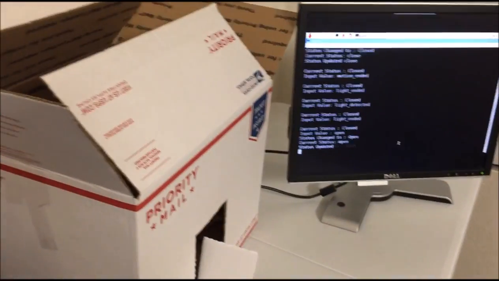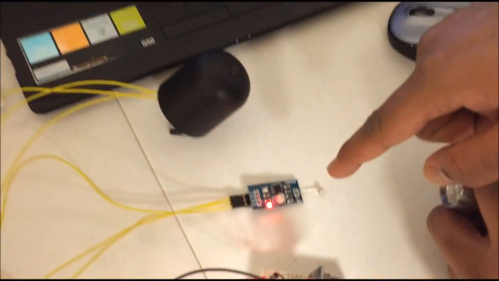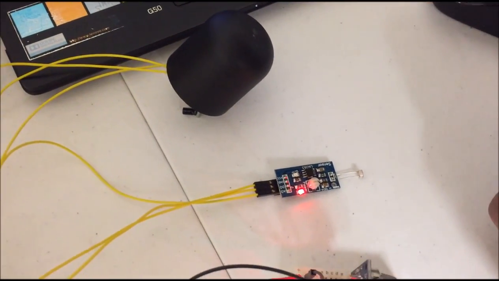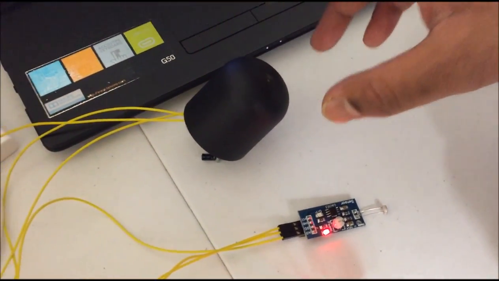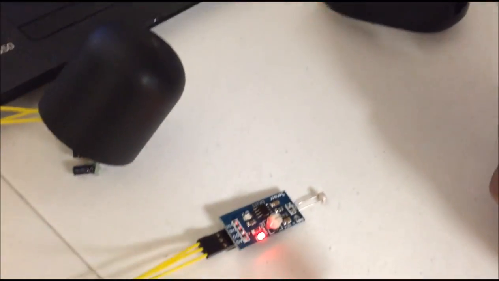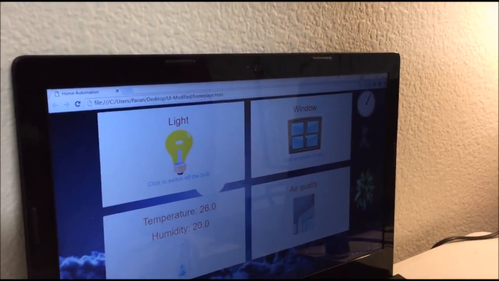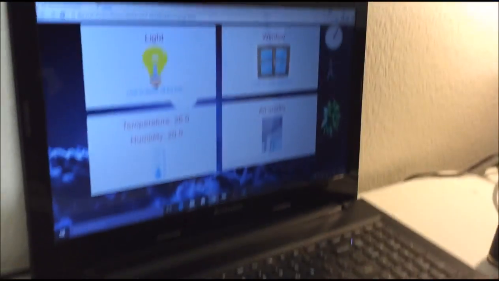Right now it is detecting that it is night. So let me first open the window so that it will be detected that the window is open. During the night, there is no light on the light sensor, and there is no motion. So I'll be triggering motion, and this will trigger the window to close. Now the motion is triggered, and the window is closed. You can see that the window is closed.